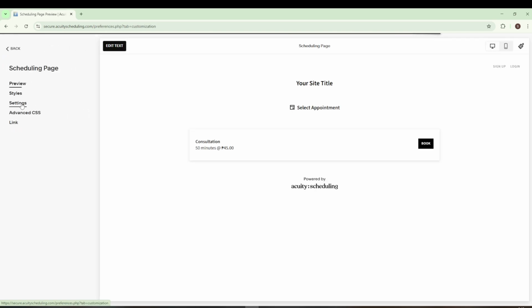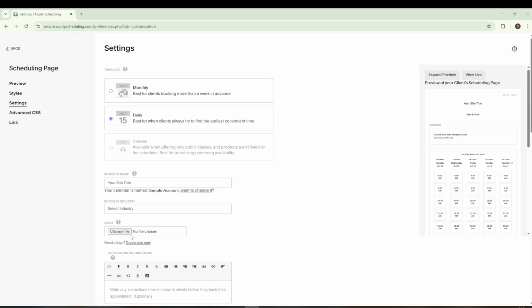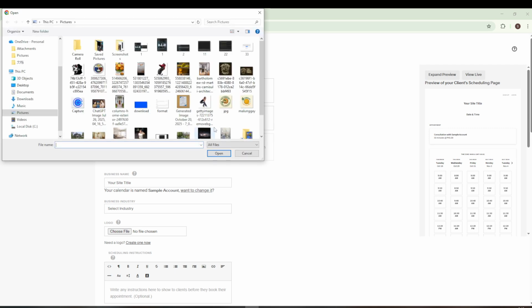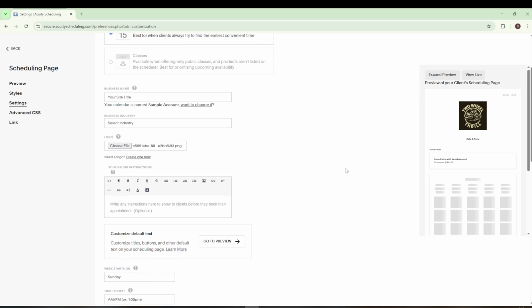Now, if you want to upload a logo, scroll down until you see the Logo section. Click on Choose File and select the image you want to use from your computer. Once selected, the image will be seamlessly added to your page. It's a straightforward process, but do make sure the image you're uploading fits the recommended dimensions or format for best